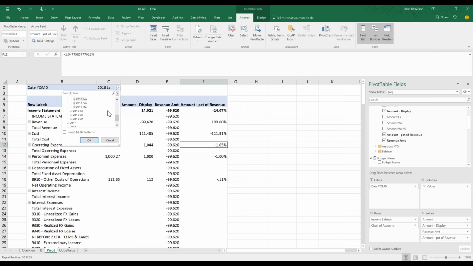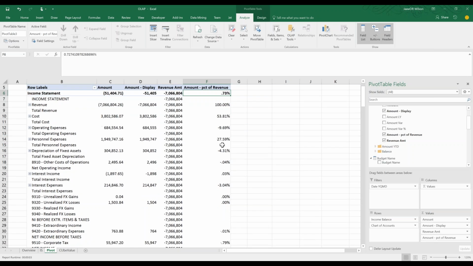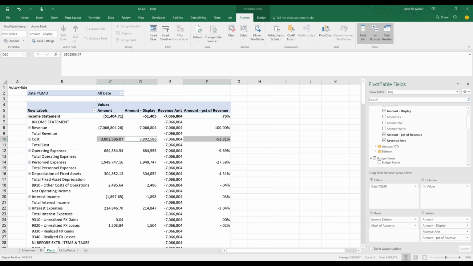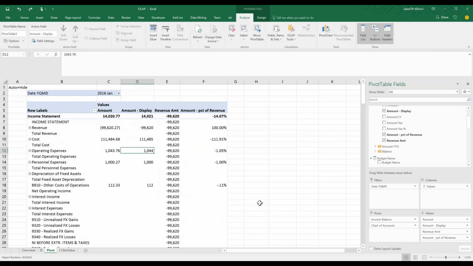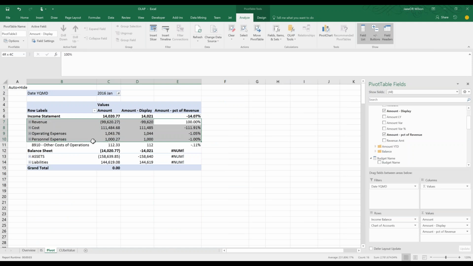Let me take out my date filter here. If I do all dates, total income as a percent of revenue is 0.73. That doesn't sound good. But these numbers still hold up even as I slice across different dates. Awesome. At this point, you know what? I don't need to show revenue amount, so I'll just take that out of my report. And that's good. I'm left with